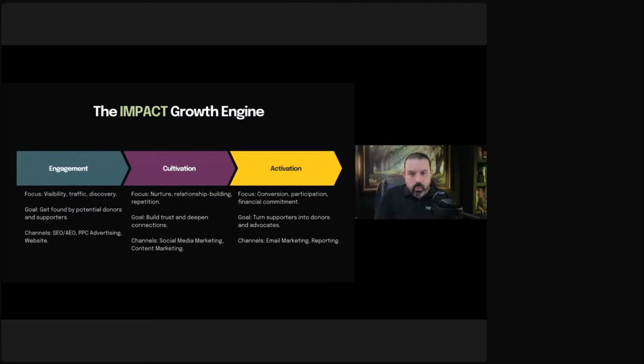And again, what I want to do here is not just tell you, make sure you do SEO, make sure you do social media marketing. I want to put them into these buckets so that you understand what needs to be done in each of these. For SEO, PPC, and website, you're focused on engaging people. We're going to talk about how to do that in a second. For social media and content, we're looking to cultivate those relationships, to cultivate the trust of people who are engaging with you. And then activate through email marketing, because we've paved the road. And we closely report on all of these items so that we understand how to do the manual asks.